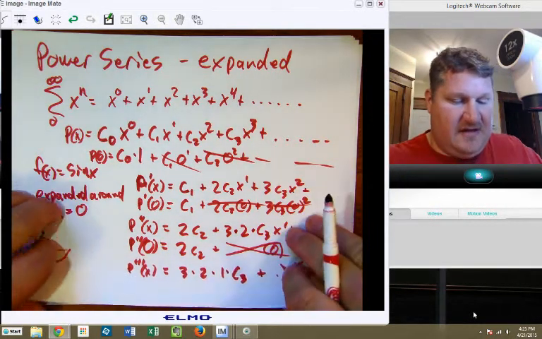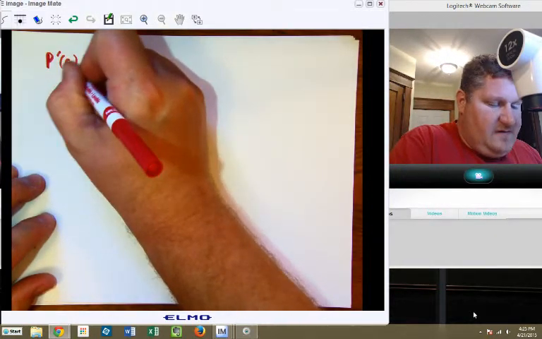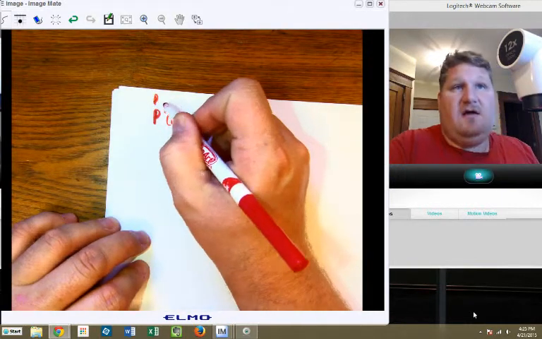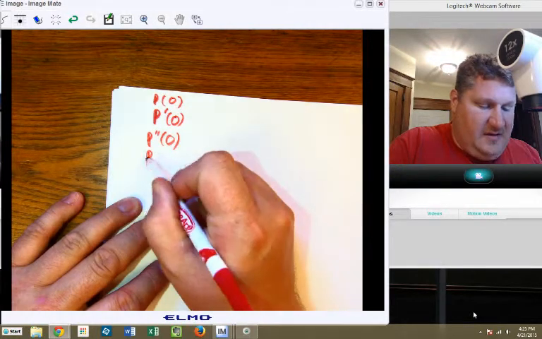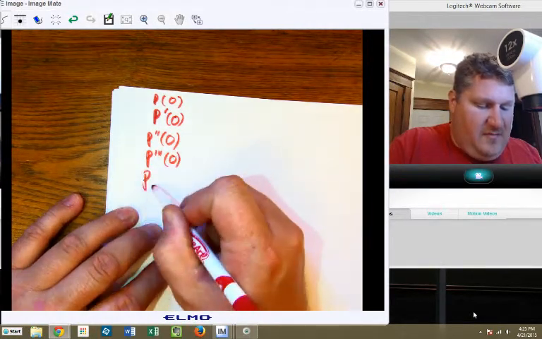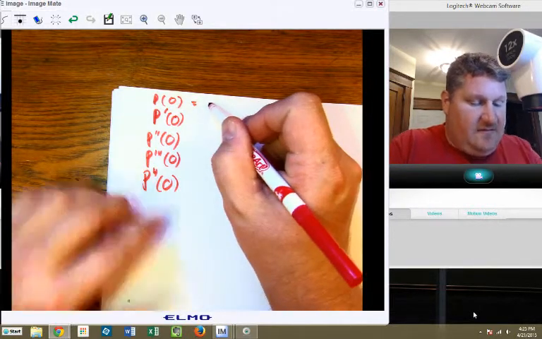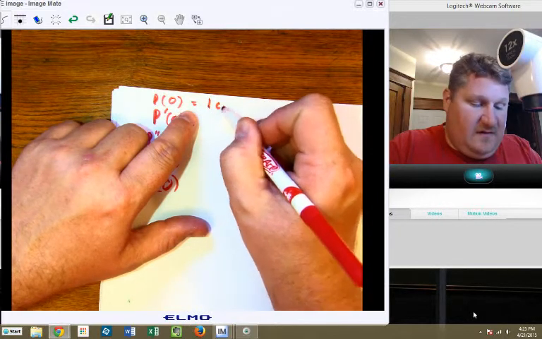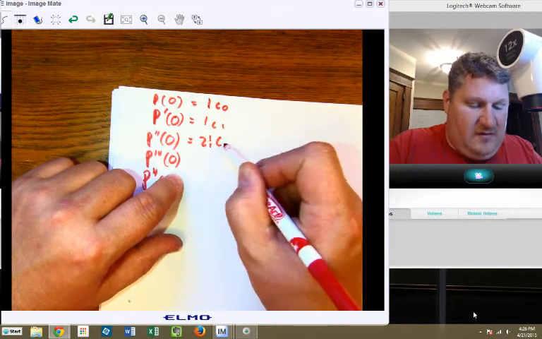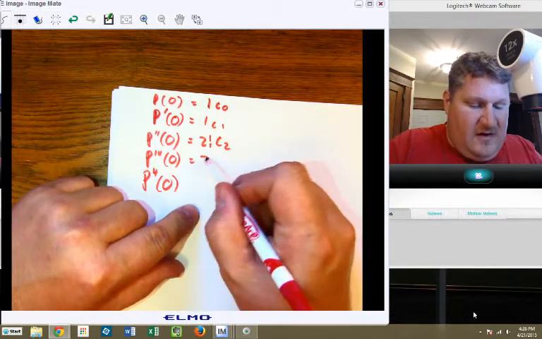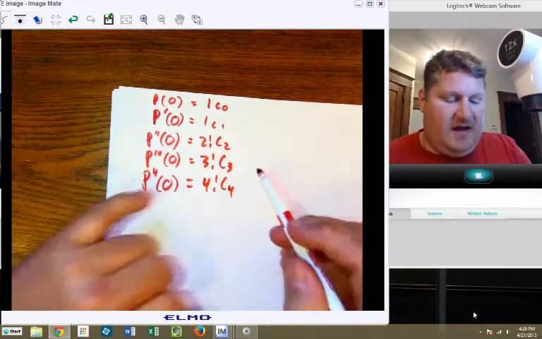And that pattern that begins to develop is P prime of 0, P of 0, P double prime of 0, P triple prime of 0, P fourth derivative of 0. You're going to get just 1 C sub 0, 1 C sub 1, 2 factorial C2, 3 factorial C3, 4 factorial C4,